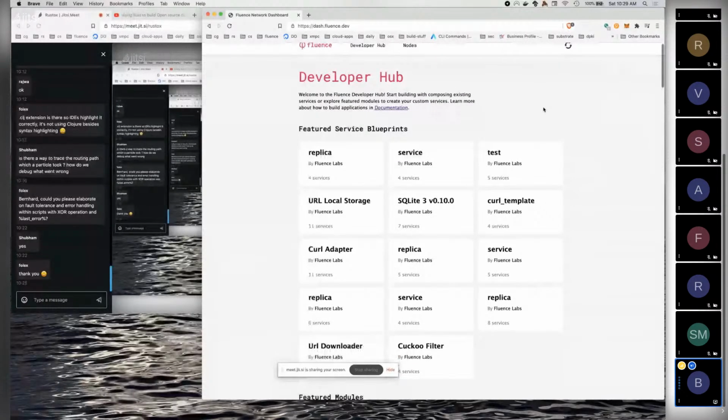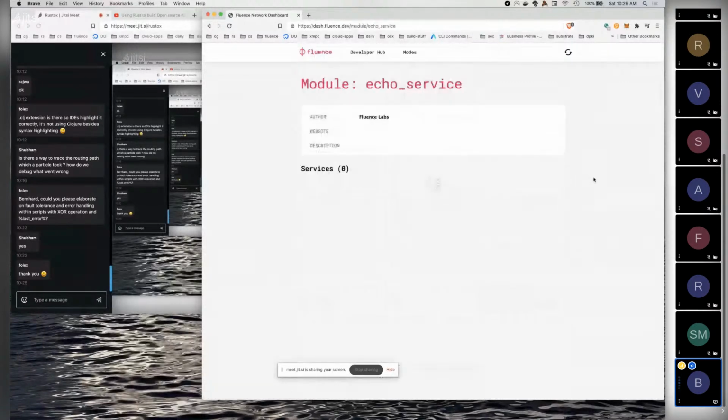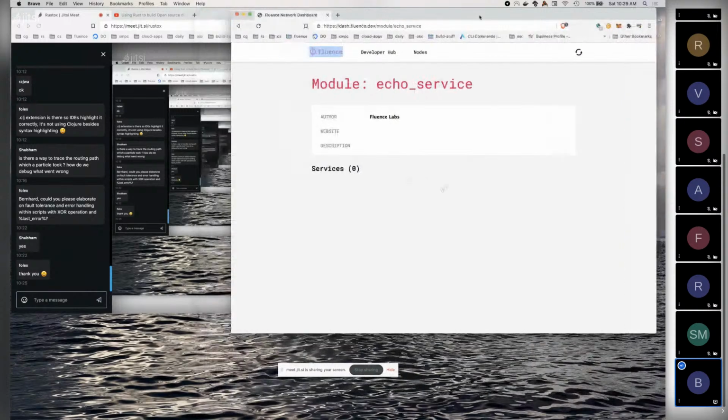So if we look, here's the echo service I put up. It's on the network. So it's our test network. So if you want to use it, you can. It's right there. And to me, this is an extremely powerful. It's extra slow loading today. Of course, it is extra slow, extra powerful. Sorry, extra powerful